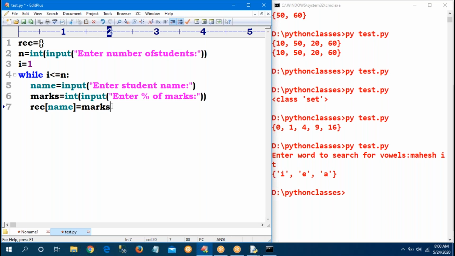REC of name means name, marks. Then you can go for increment I equal to I plus 1. Sir, print REC. Record will be printed.